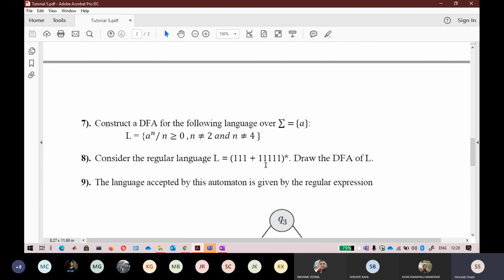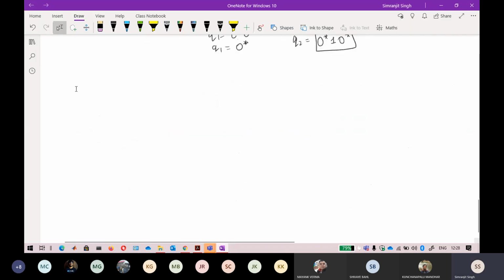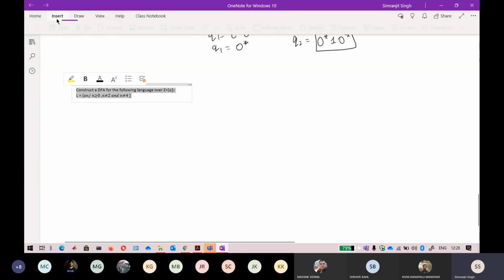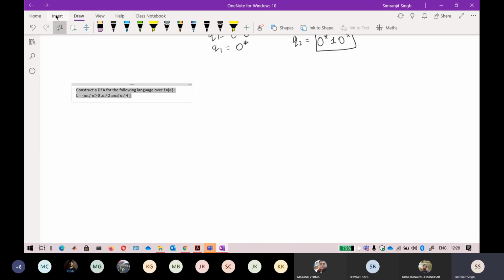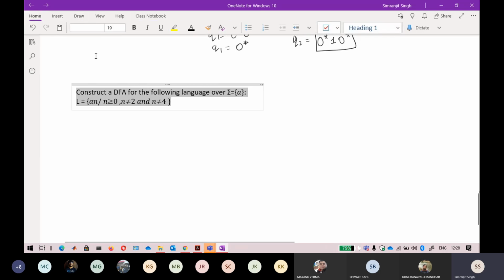So this is your DFA construction method. Just try this question. I think you can easily do this. It is not a difficult one. Keep in mind that you have done DFA. I have introduced this question. You remember that we have done your DFA part. Do not forget about it.